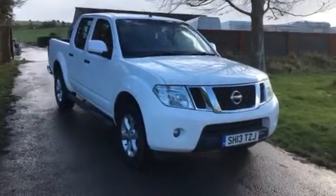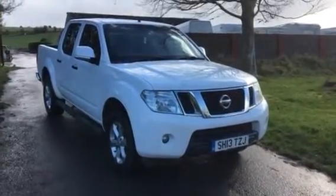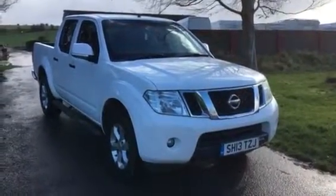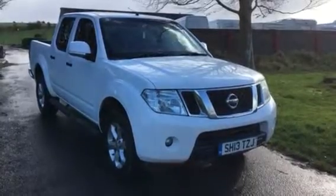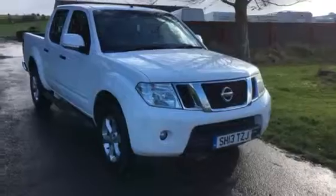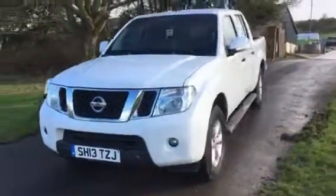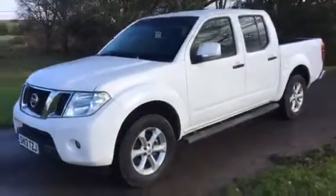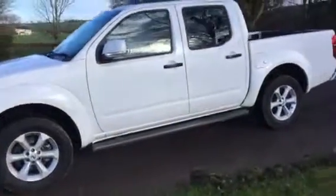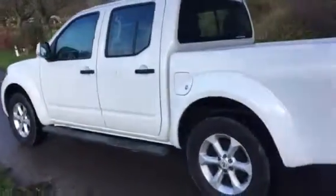We have a 2013 Nissan Navara 2.5 TDCI Acenta double cab. This has got 44,600 miles on it with a full service history, one previous owner. It's a nice specification: 190 brake horsepower, turbo diesel, 6-speed manual gearbox, alloy wheels, side steps, and air conditioning, digital